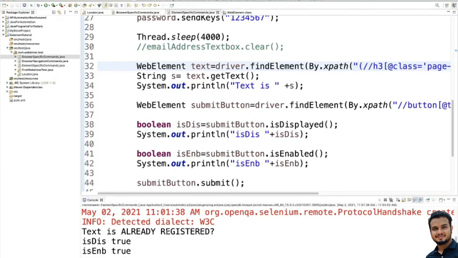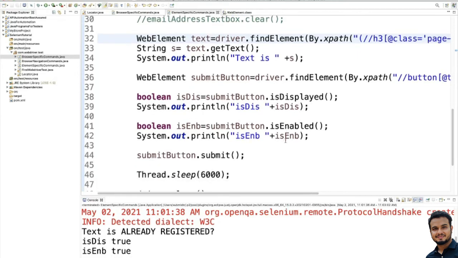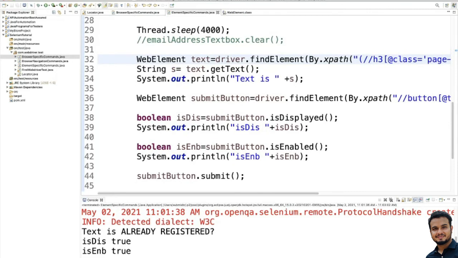And isDisplayed is true and isEnabled is true. So we are able to use all these methods. Now you understand how isDisplayed and isEnabled work. isDisplayed is mainly used to verify the presence of a web element, and isEnabled is used to verify whether the current web element is enabled or not. All these things you can use for verification purposes.